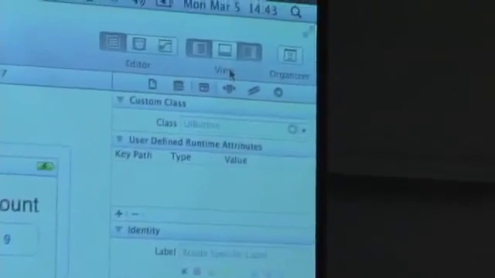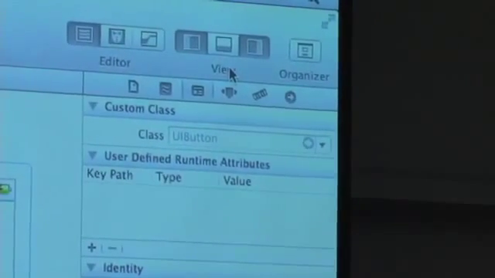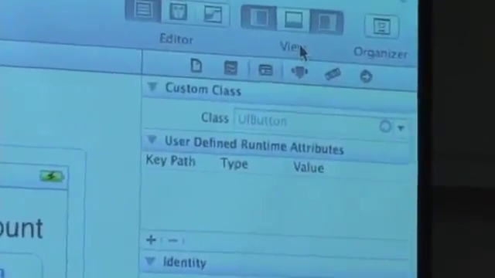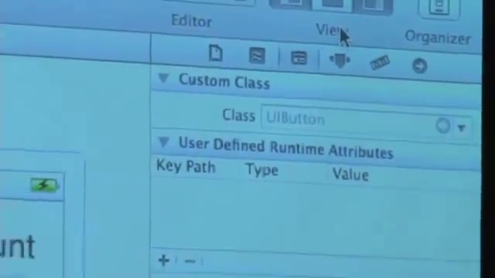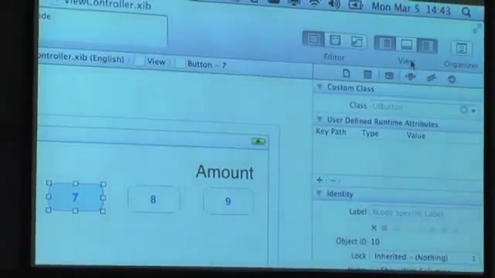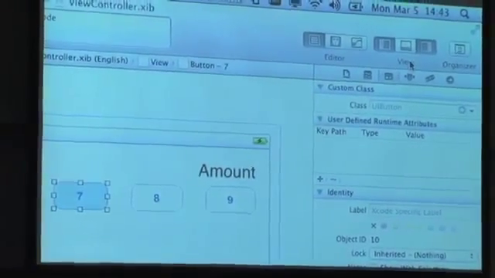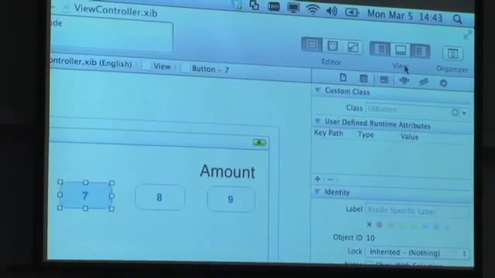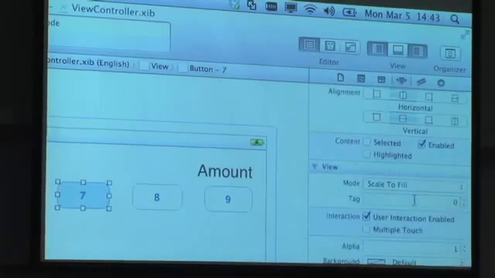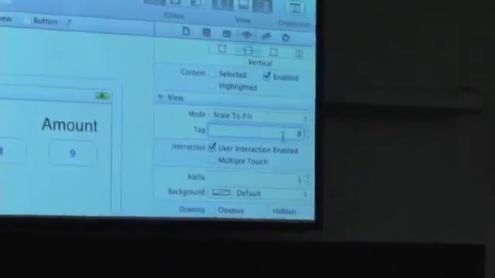Notice that because I've clicked on the button and I've chosen that inspector, it's telling me what class this little widget is. So I dragged and dropped this button. That's a specific type. It's a UIButton. That happens to descend, I know from the documentation, from UIView. And this is only to say that because it's a UIView, it's got some standard information inside of it, besides font size and all this fluffy stuff. One of those details is something called a tag. So I'm actually going to specify, I want this